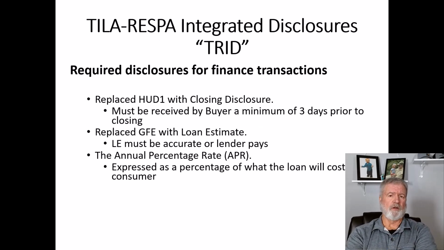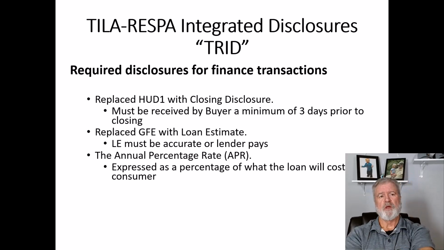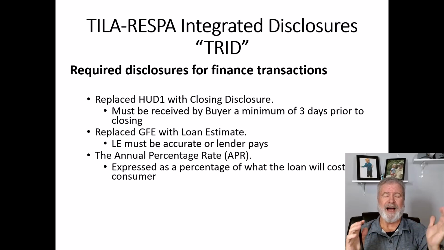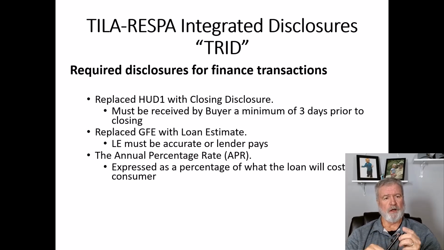Now we need to talk a little bit more about this TRID. We kind of touched on it a little bit in the previous module. Remember, TRID just stands for TILA-RESPA Integrated Disclosure. Because when they combined the Truth in Lending, which is what TILA is, with RESPA, they came up with these TRID disclosures. There are a lot more disclosures required now that TRID is in place. So let's look at those.